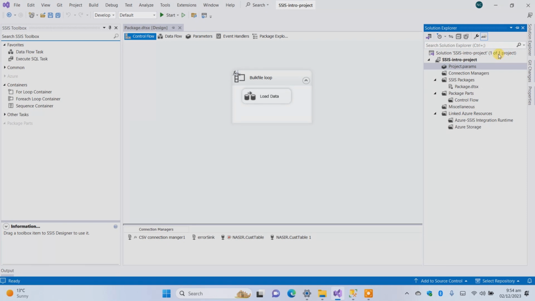So we can deploy it in our SQL Server using two methods. One is the project deployment and the other is the package deployment. So what's the difference between these two? First of all, the project deployment. You see, the way an SSIS project is